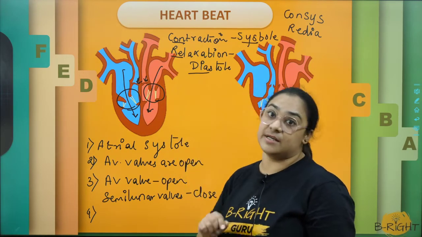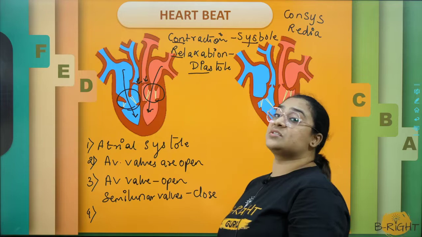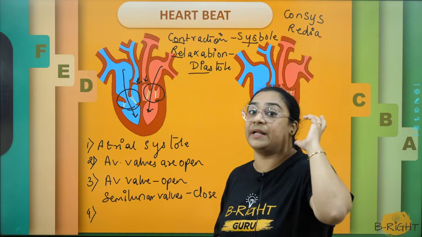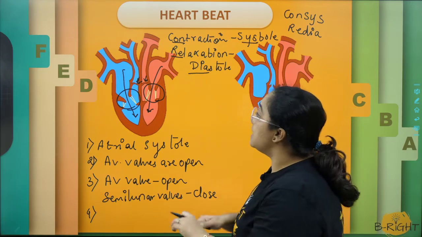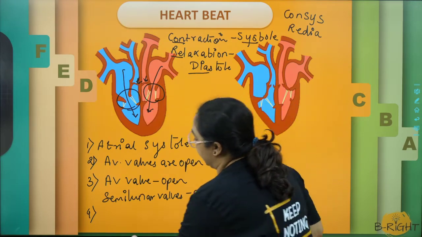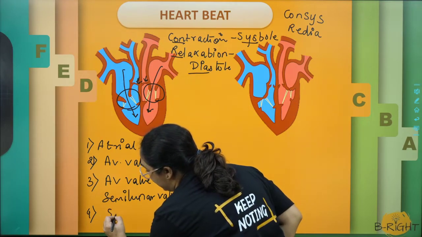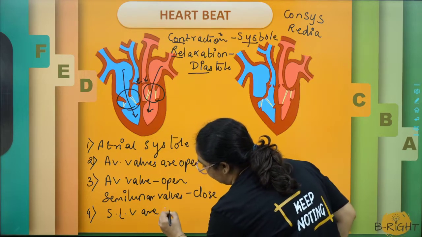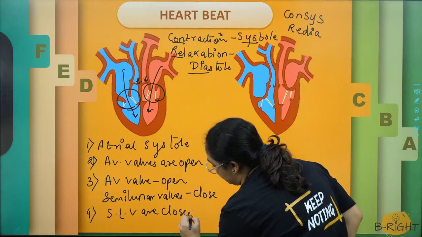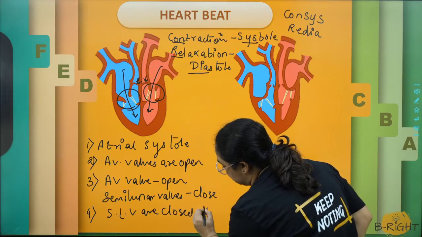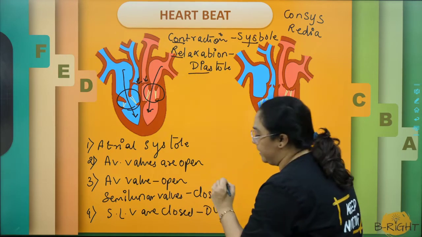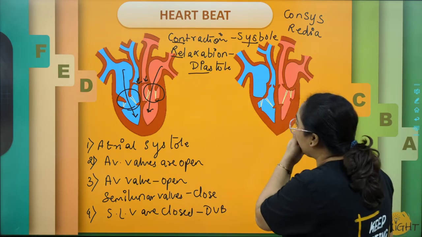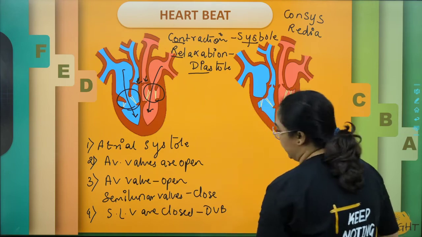This is auricular systole. तो जब ventricle systole होता है, now listen to me, when the most of the students यहाँ पे थोड़ा सा confuse हो जाते हैं. जब semilunar valve close होता है, the sound is, so when semilunar valves are closed, sound which is produced is dub. Remember this, sound which is produced is dub. All right, now